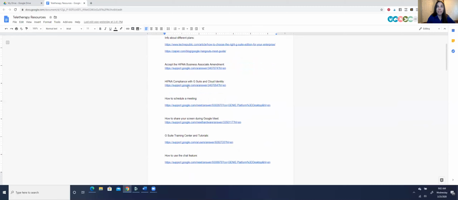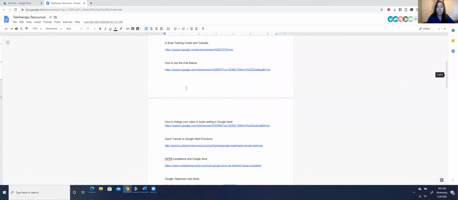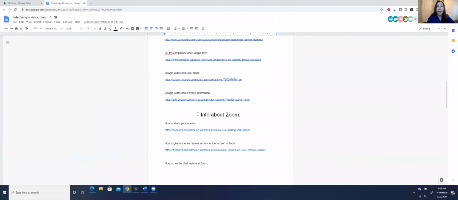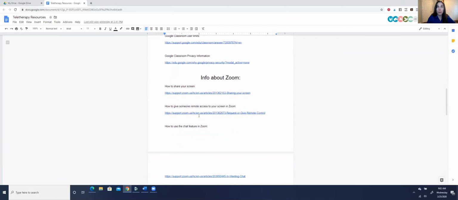So all of this at the top here is information about Google Meet. And then below that, I've got some information about Zoom, which is another platform option. Now, with Zoom, there are some basic and free plans available right now, and they are not HIPAA compliant. However, HIPAA has relaxed their guidelines temporarily because of the coronavirus. So you won't get in trouble if you are using the free or the basic plans on Zoom right now,